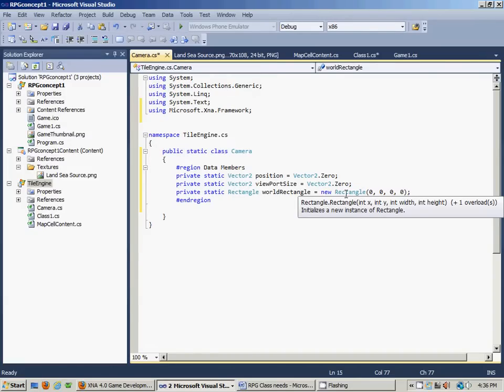Microsoft Visual Studio will give you an idea of what variables it takes, and it takes an integer x, an integer y, and a width and a height. So this just basically sets a rectangle to 0 in the very upper left hand corner of your screen. And that's pretty much all you need for data members. What we'll get into next is